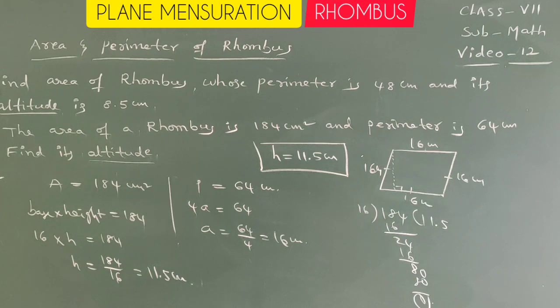Area 184, base into height. Perimeter is 64, 4A, all sides equal. That's why each side is considered as a base equal to 16 centimeters. So 16 into h equals 184, h equals 184 by 16, that is 11.5 is the required